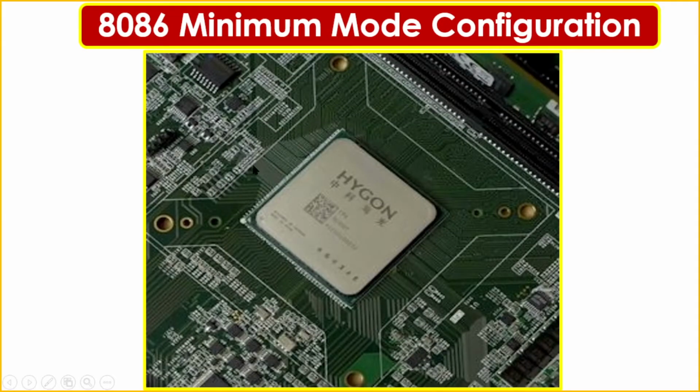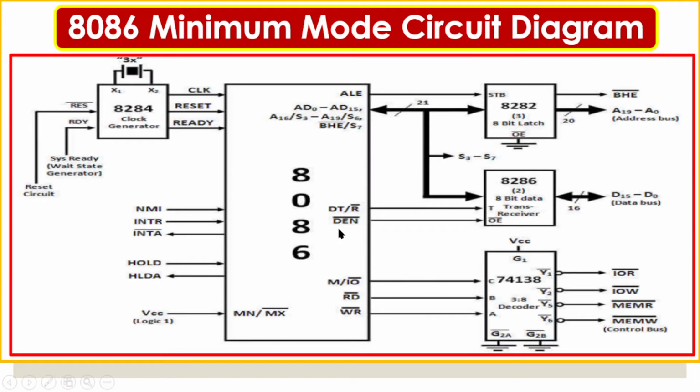So minimum mode means in a motherboard we will have only one microprocessor, that is the 8086 microprocessor. Apart from that, many peripherals will be in the system. That's the basic of minimum mode. Let's discuss in detail what the signals are and how to operate the device in minimum mode. Whenever we want to use a microprocessor in any application, we need some minimum basic peripherals. Supporting ICs are needed because with the processor alone we cannot design any system. It's not possible at all.